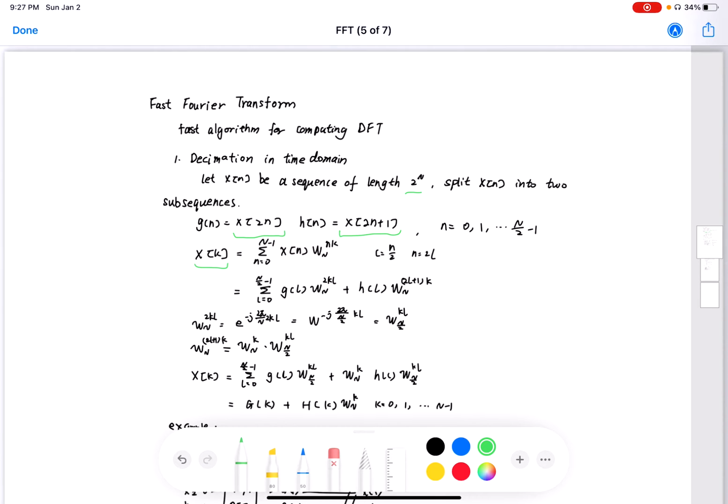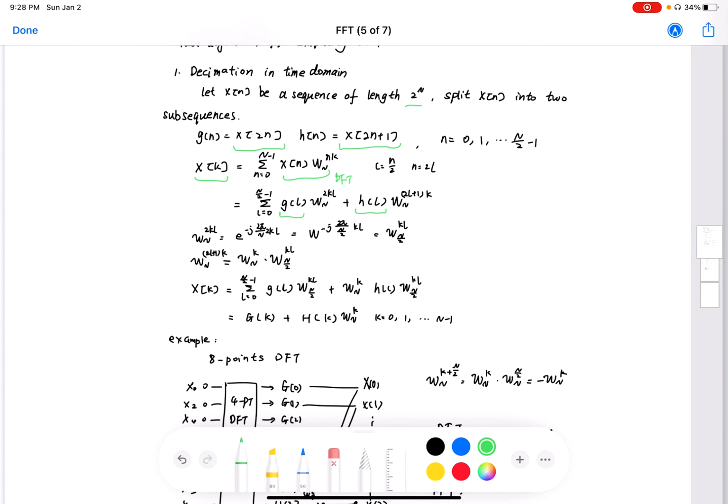Then we can write X[k] equals the summation of n from 0 to N minus 1, x[n] times omega N to the power of nk. This is just the DFT formula of X[k]. Then we can write X[k] as the summation of the even indexed points in x[n] and the odd indexed points, with omega N to the power of 2kl, because omega N equals e